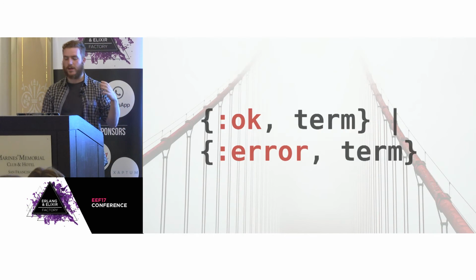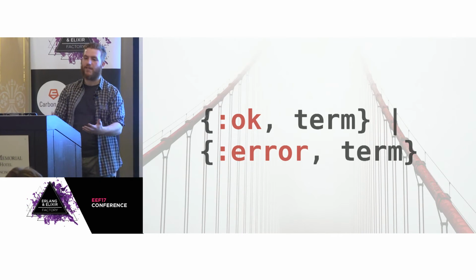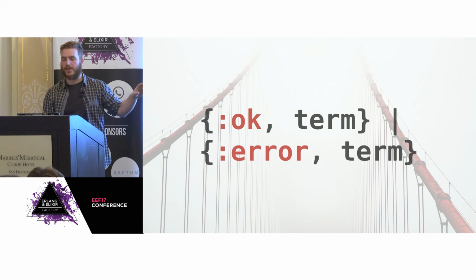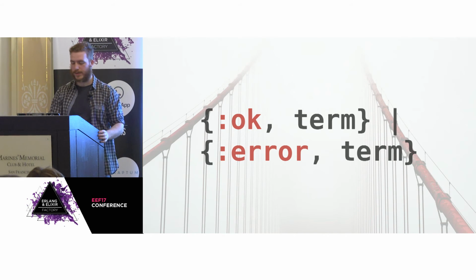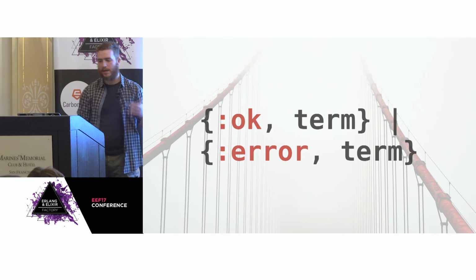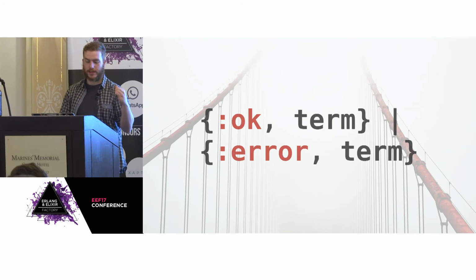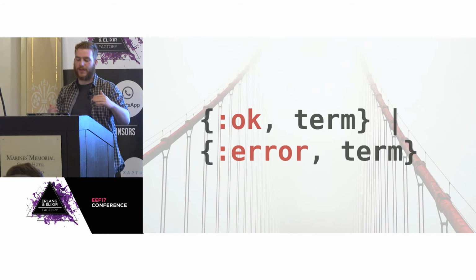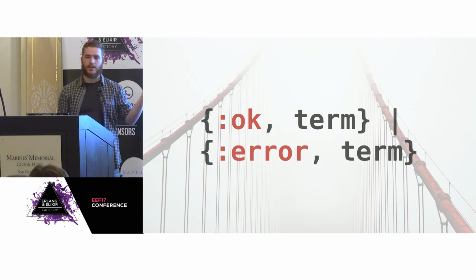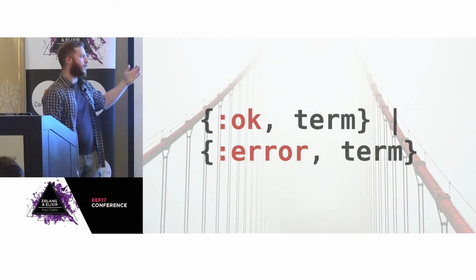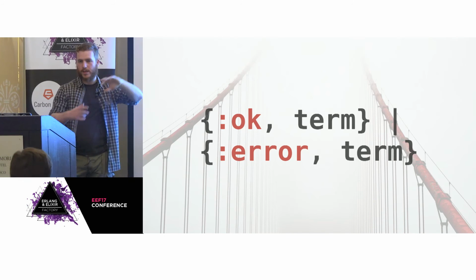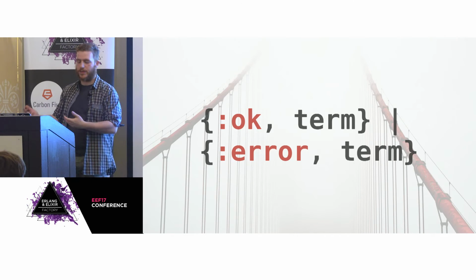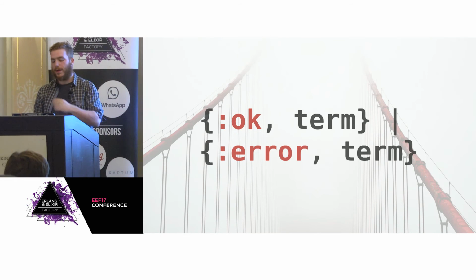So a convention in the Erlang world for a function that can fail is to return {ok, Term} if the function is successful, and to return {error, Reason} if the function is not successful and errors out with a given reason. In Solve, the data validation library that I mentioned earlier, I basically started out with validators being just functions that return this, right? If validation is successful, they return ok and the conformed term, which can be the same term. If the term is invalid, they return error and a reason.